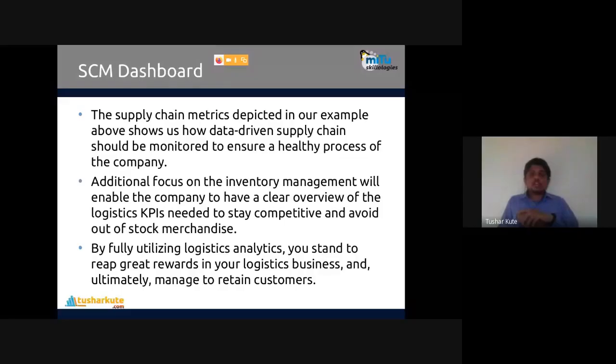Remember, by fully utilizing logistic analytics, you can reap great reward for your logistic business and ultimately manage the customers also. So company policies are defined, and these policies will be well furnished, well polished with the help of a perfect supply chain management dashboard, where we can summarize the things in inventory logistic format in this particular way. Okay, so this is what the 4 different types of dashboards are. And under 4 we are having 3 each, totaling 12 different kinds of dashboards we have seen in this particular topic.